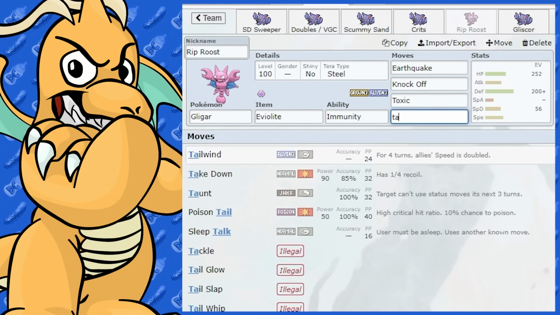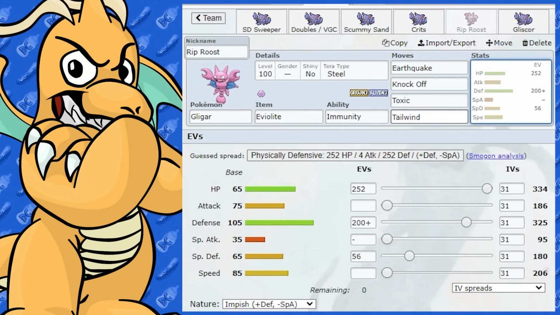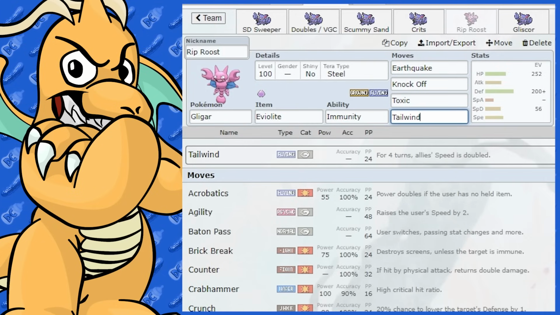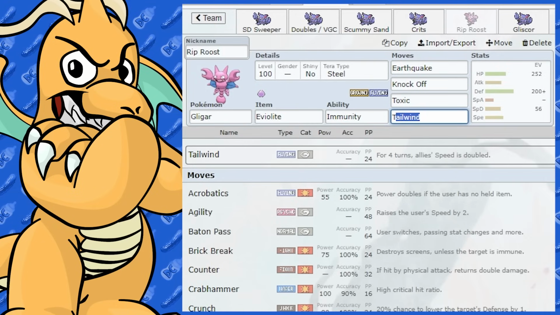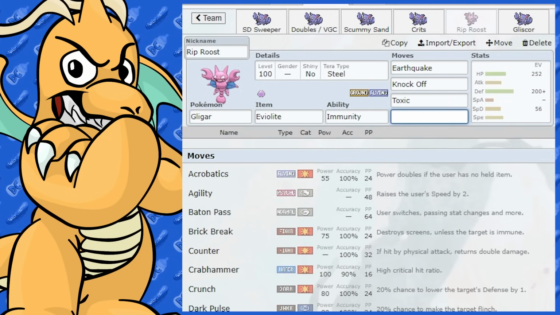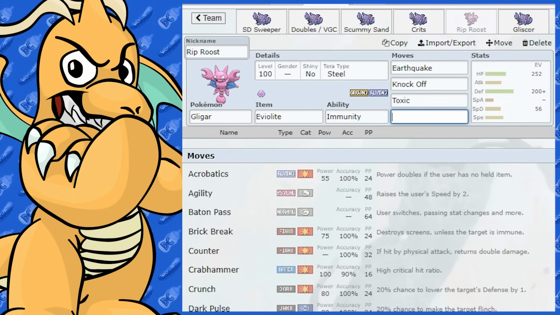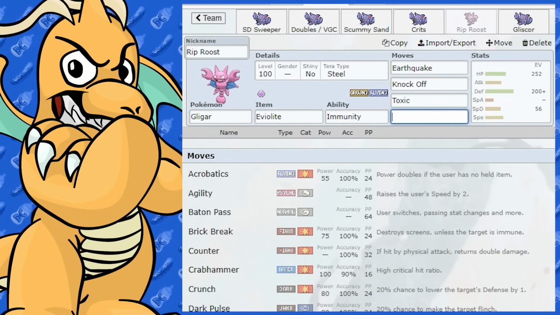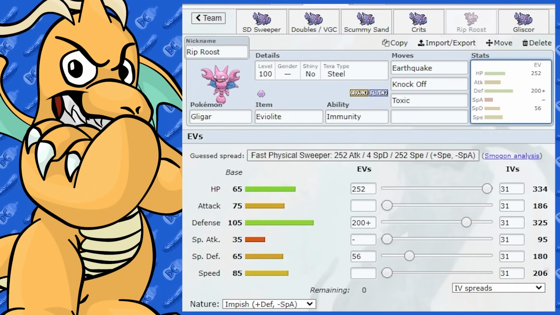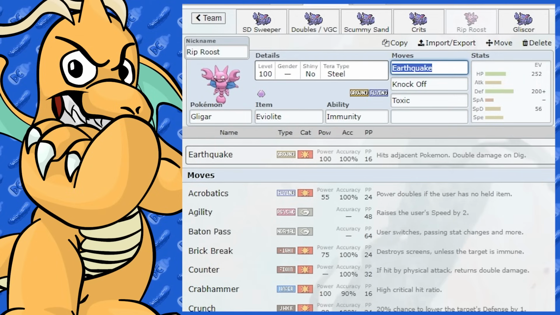Does it get Tailwind? Yeah, it gets Tailwind. That could work in doubles, more so in doubles, not so much in singles, in my opinion. Tailwind is better in doubles. And it doesn't get Defog either. It used to get Defog, which is quite handy. It doesn't have that anymore. So yeah, that's how I'd probably go about running it. In doubles, I'd still run the defensive set like this. I probably wouldn't change that around. I'd keep it Tera Steel, and you've got Immunity, so I'd probably have...